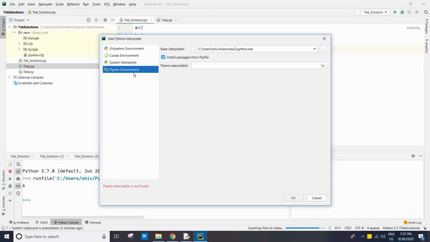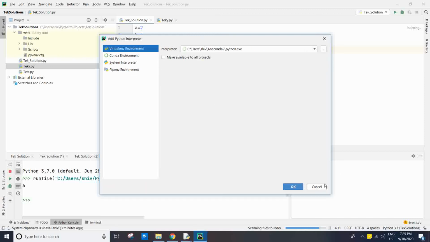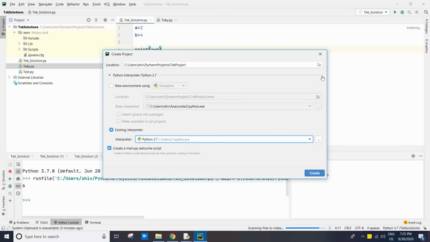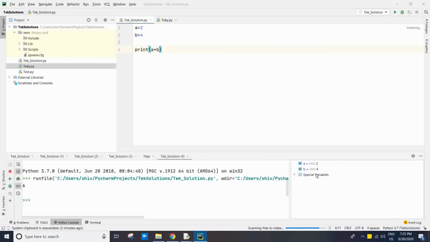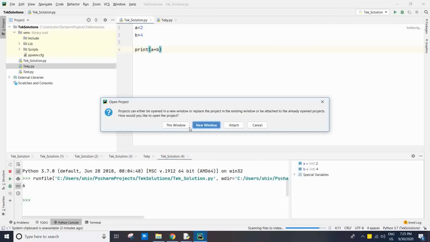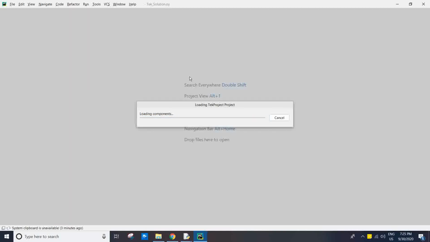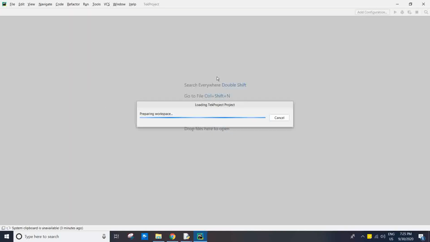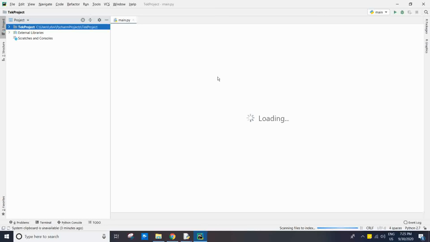Click on cancel, close, and if you want to create, then it will create the new project. You want this window or a new window? Use this window only. Then it will refresh and open the new Tech project.